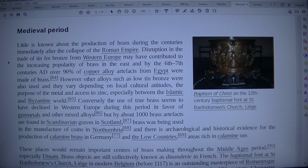Disruption in the trade of tin for bronze from Western Europe may have contributed to the increasing popularity of brass in the East, and by the 6th-7th centuries AD over 90% of copper alloy artifacts from Egypt were made of brass. However, other alloys such as low tin bronze were also used, and they vary depending on local cultural attitudes, the purpose of the metal, and access to zinc, especially between the Islamic and Byzantine world. Conversely, the use of true brass seems to have declined in West